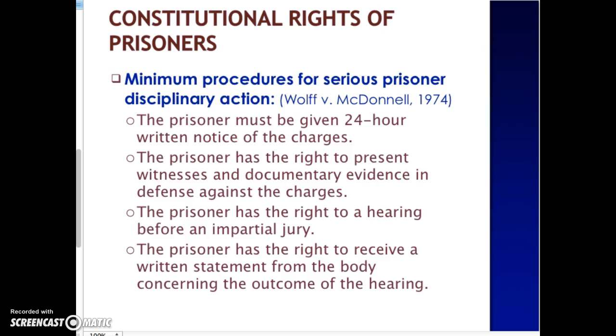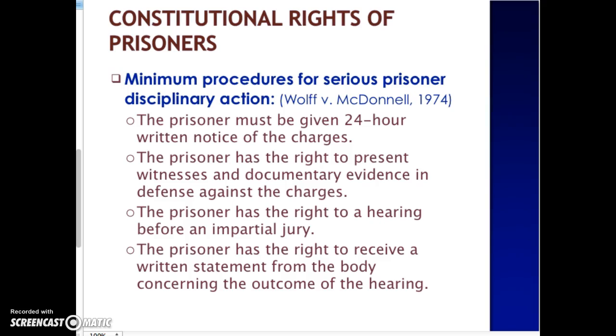Let's say, for example, I got caught smoking in a part of the institution where I'm not allowed to smoke, and a guard wrote me up for it, and let's say my punishment I thought was rather severe. I could appeal that. There has to be a procedure. It's much like what I would expect in your job, especially working in the public sector. If you get charged with some infraction within your profession, you have a right to appeal that initial decision by a supervisor to somebody within the organization to try to seek some other remedy.